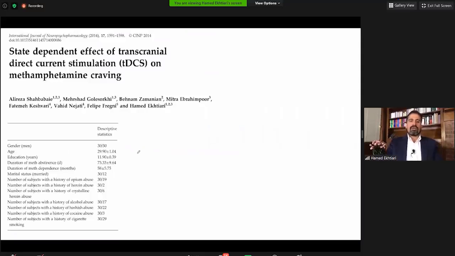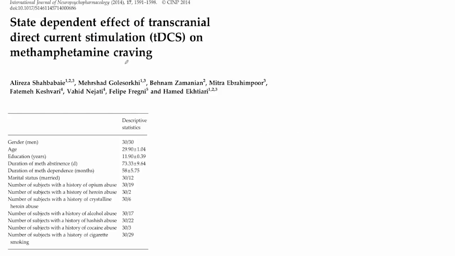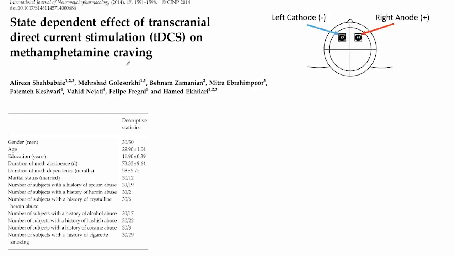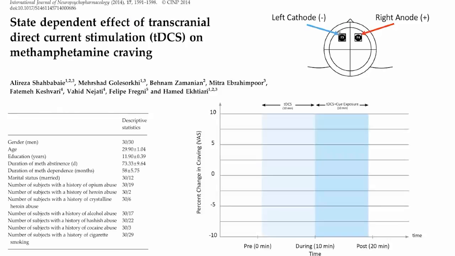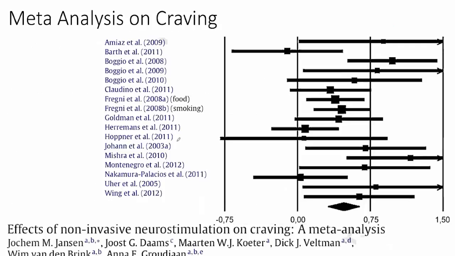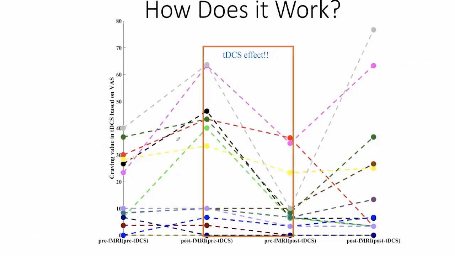We have done studies, for example, among methamphetamine users. We did this study something like 6-7 years ago, and we showed that if we put electrodes over prefrontal cortical areas, we can modulate drug craving over time. So we can reduce the level of drug craving among substance users. And that is what we found. And it has been replicated by many other colleagues around the world in different labs. And people have come to a conclusion that there might be potential to modulate drug craving, as we have discussed, with these brain stimulation